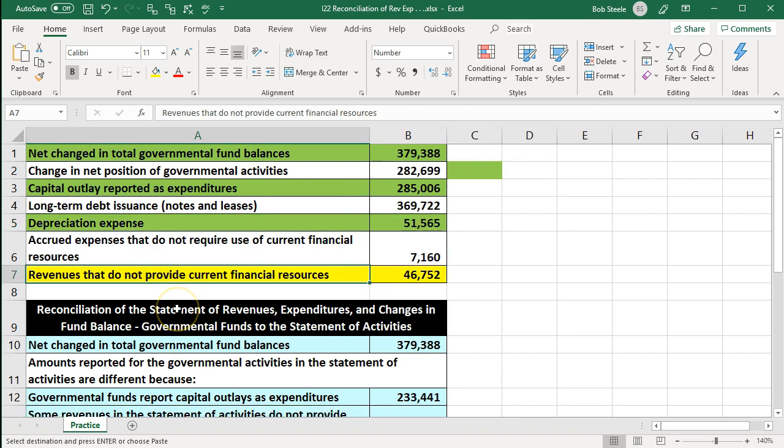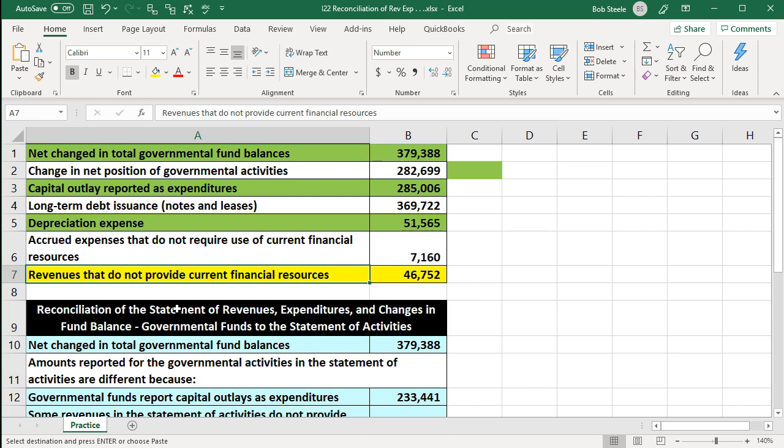Next, we're going to pick up this item, which says revenues that do not provide current financial resources. So we're going to say that there's some source of revenues that does not provide current financial resources. We might have something other than financial resources as that revenue that's been given. So we might have some revenue component. We might have gotten something other than financial resources, then recording that as revenue, debiting, in essence, we would think a debit to some kind of asset other than cash, other than a financial resource, and then we would credit